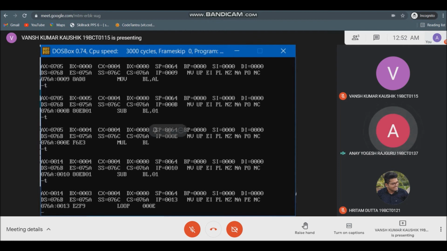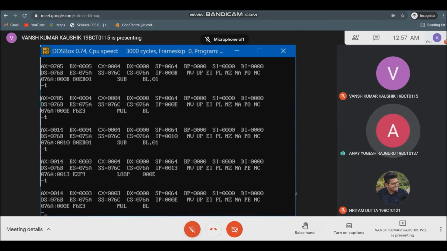In this statement, we subtract the value 1 from the content of the BL register. Press T to execute the next command. After executing the statement, we see a loop which will run till the value of the CL register goes to 0, and as the value of CL is 4, the above two statements will run 4 times. That is multiplication of BL and subtraction of 1 from the BL register. Press T to execute the next command.